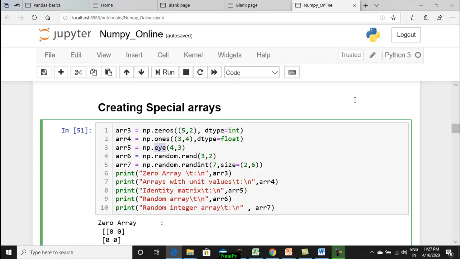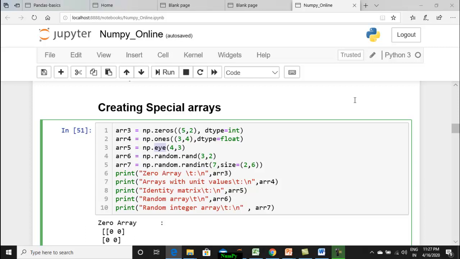Then Python provides a special package called random in order to work specifically with random numbers. Those functions are accessible through the numpy package also, so we have to access them using np.random.rand.